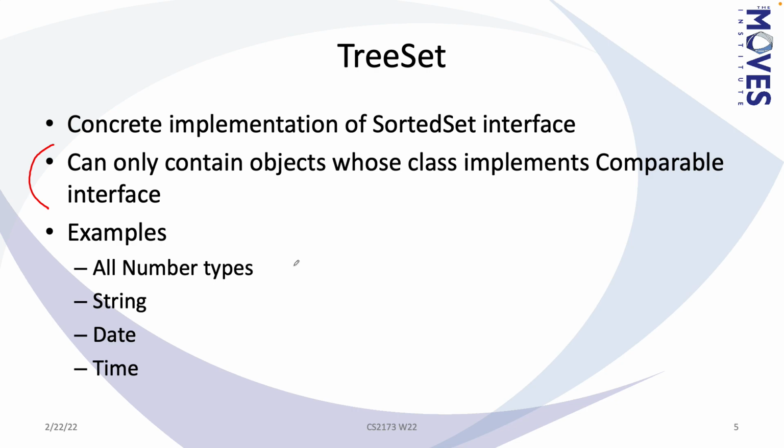We've seen promotion at the primitive level. So if I have doubles, then I can put an integer on and it'll promote it. If you want to have integers, doubles, floats, whatever, there is a way of doing that we'll see,